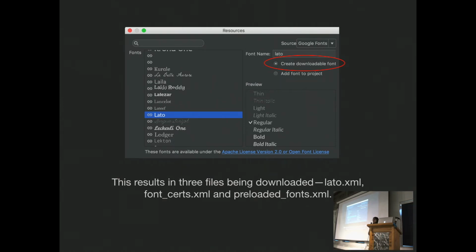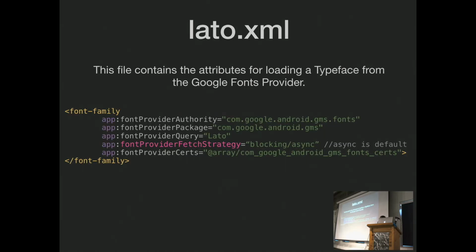And if you do these steps, 3 files will be downloaded by Android Studio and added to your project. The first one being lato.xml, which is a font family file that you've seen before, except that the attributes here are for loading it from downloadable fonts, or loading it from a font provider rather than a bundled font. And something worth noting is that there's the font provider fetch strategy, which can either be blocking or async, async